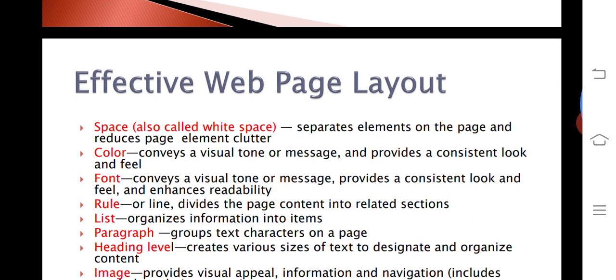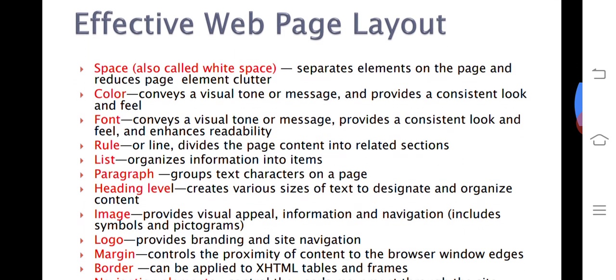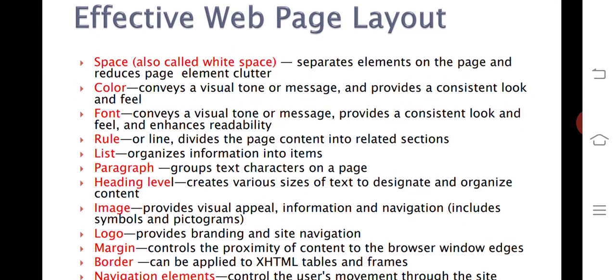Effective web page layout. We discussed that in one more video recording. Space, color, font, rule, list, paragraph, headline, heading level, image, logo, margin, border: these are all used for the web page layout.